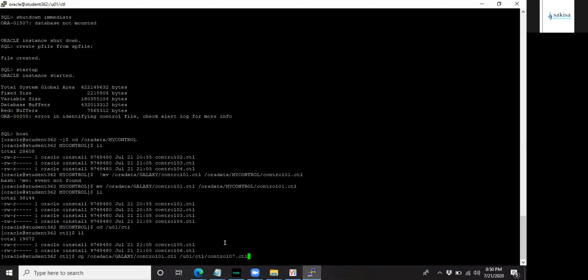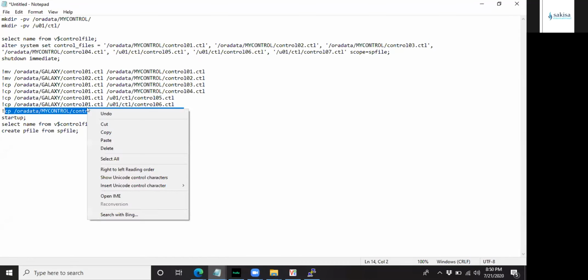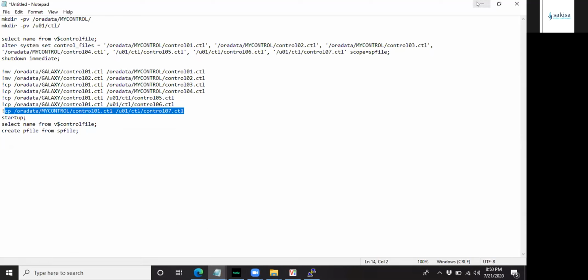You did not copy this one. That's CP, right? You did not copy on your notepad. Man, what? You're getting used to working with Puri. That's what happens. You just highlight and you forget to copy.